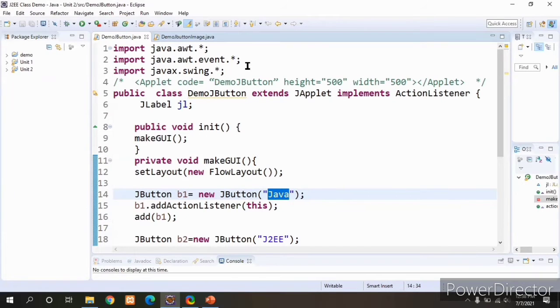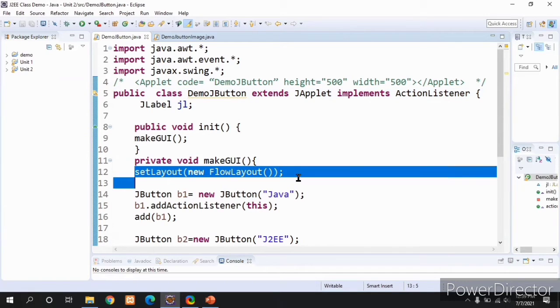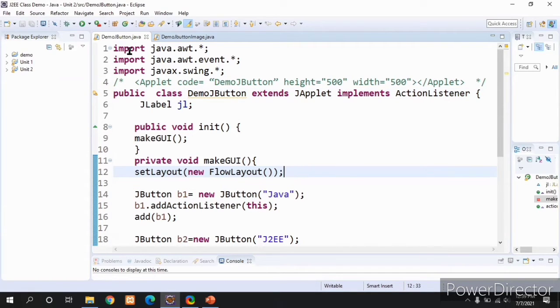See here, this is the program. I am using a flow layout manager here, so I am importing this package. I am handling the action event here, so we need to import the java.awt.event package. As I am using JApplet, JLabel and JButton, we need to import the javax.swing.* package.